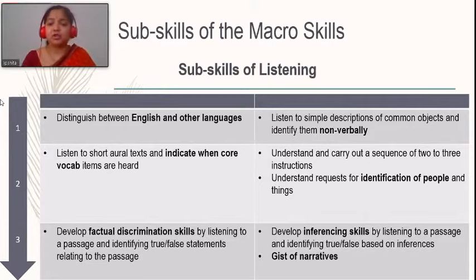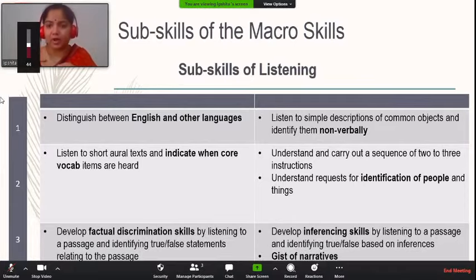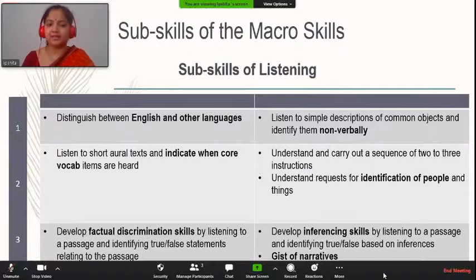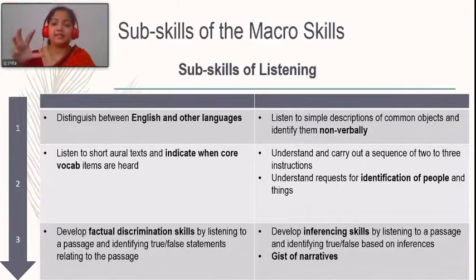They are not speaking. That is totally fine. As teachers, we also get worried why our students are not talking. It's okay. If a student is in level 1, he is only listening and he is identifying. Now, as we move forward in level 2, we can see that the students can infer. Infer means not a factual answer, but understanding the tone of the voice, the narrative. You give a story, they can understand the main idea, right?